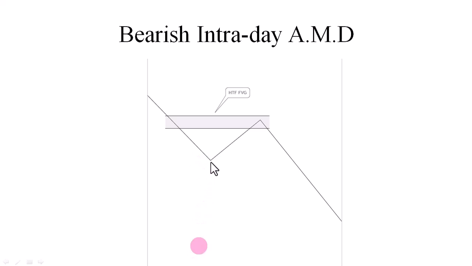During New York session, price retraces back to that higher time frame FVG, and that is the intraday A.M.D. This is the accumulation, manipulation, then distribution before price starts going. Sorry, this is the distribution. This is normally the manipulation. This is kind of a tweak. It's different